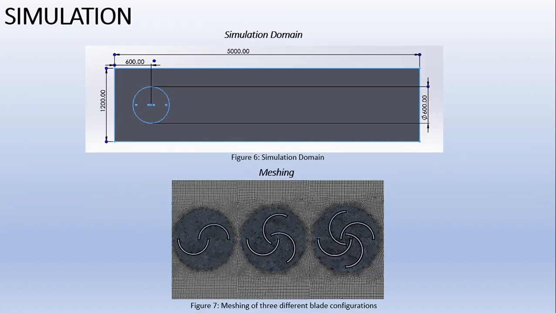Now, talking about the simulation, in figure 6, the circle represents the area in which the blades of the turbine are inserted. The remaining part of the simulation domain is to observe the air movement which comes after striking the blade. Now, figure 7 shows the meshing of the 3 different blade configurations,